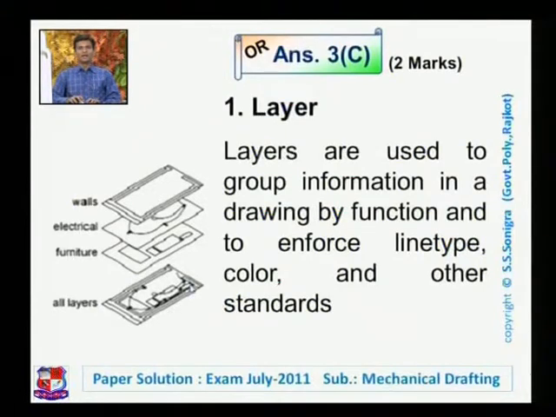But if the layer command is used and individual layers are made for furnitures, then just by a single click, I can change the color of furnitures with this layer. So we have to switch on this layer, unfreeze it, and make appropriate changes in the colors, in size, in line types, and so on. So layers are widely used in big drawings. In a small drawing, it's not compulsory to use the layer command.